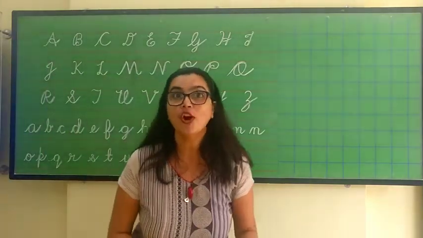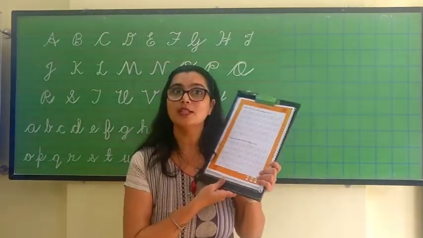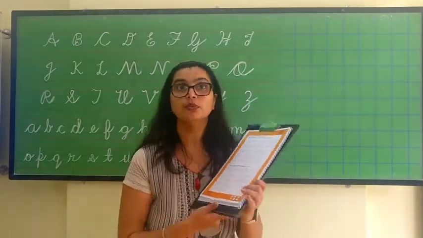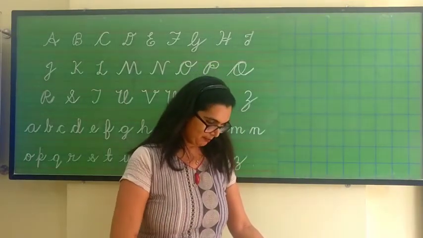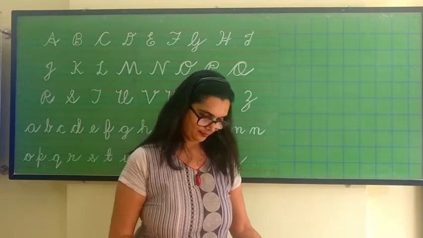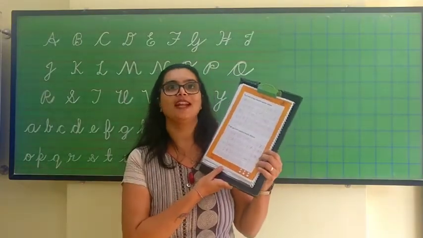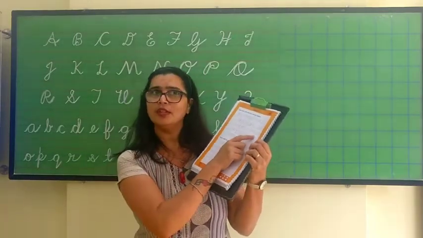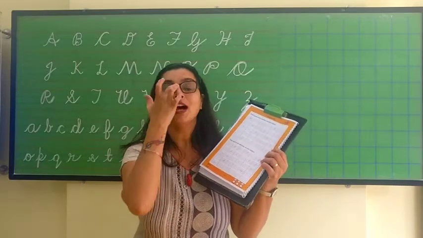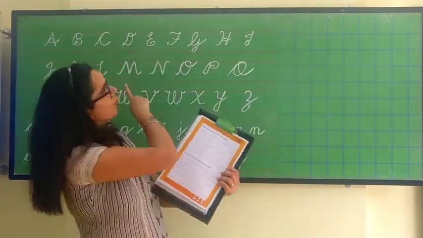So children, I am sure you all have traced along with me on page number 32. And now what are we going to do? We are going to turn our page to page number 34, and here we are going to trace and write the missing letters. We are going to trace the letters which are given over here, and yes, we are going to write the missing letters. And what are we going to do? We can rewrite the missing letters from here also.